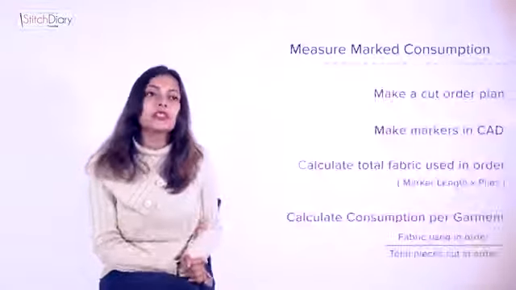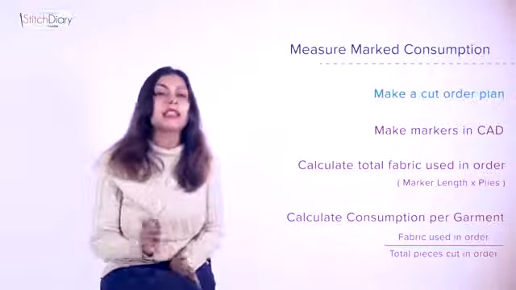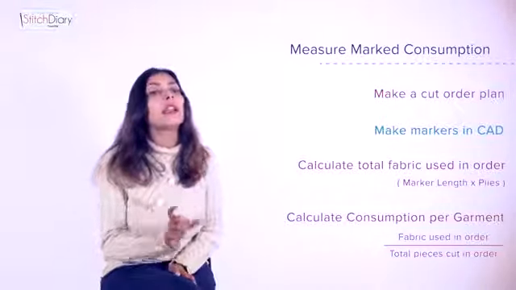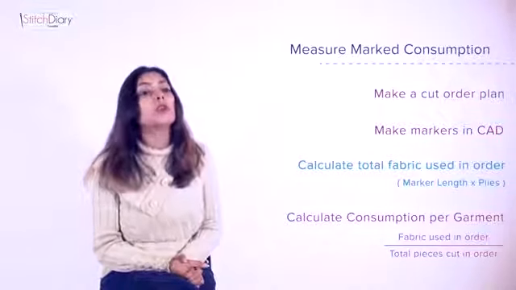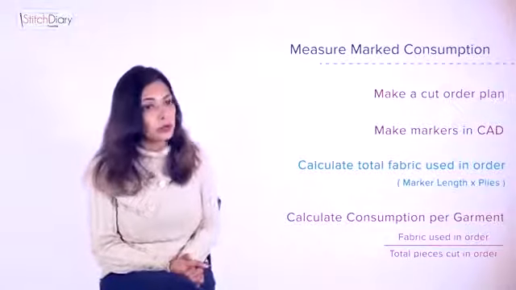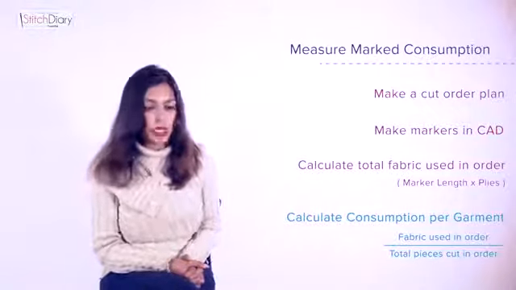Now we'll talk about the third metric, which is marked consumption or weighted marker consumption or lay consumption, whatever you may call it. It is basically defined as consumption used per piece as per the markers of the order. It can be arrived at in 4 simple steps. First, you make the cut plan, so you get all the markers and their corresponding plies. Then you make these markers in CAD and you get all individual marker lengths. Then marker lengths and plies are multiplied to each other and you get overall fabric that you will use in that order. This number is then divided by total pieces that will be cut in that order, which gives you